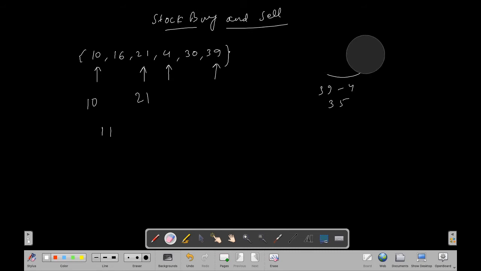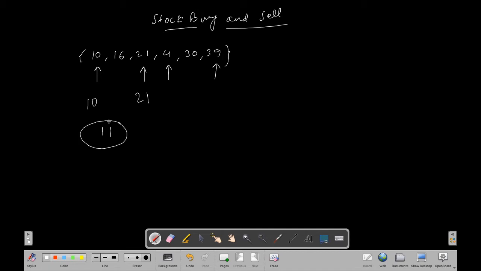So this is one of the constraints. We got our first profit, that is 11 here, and the interval is index 0 to index 2. So we have to return 0 and 2 as our answer.